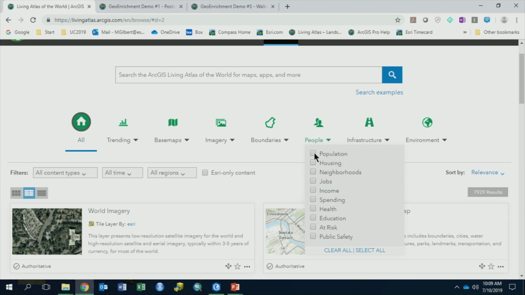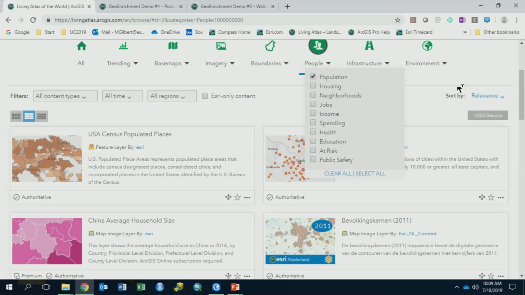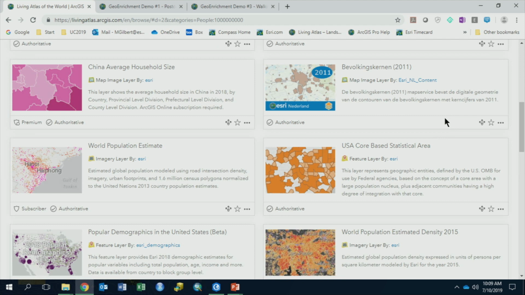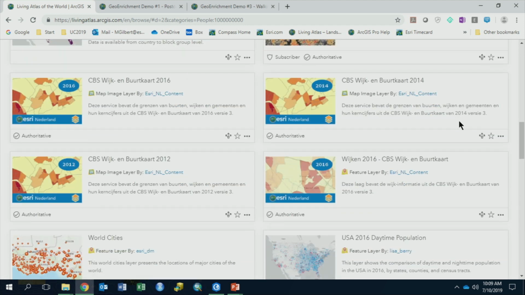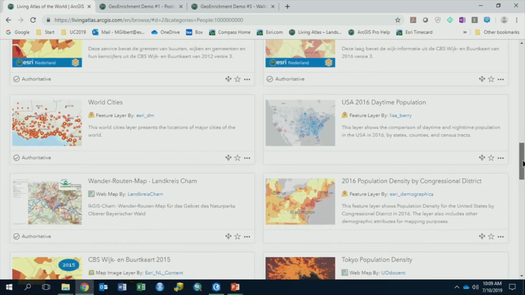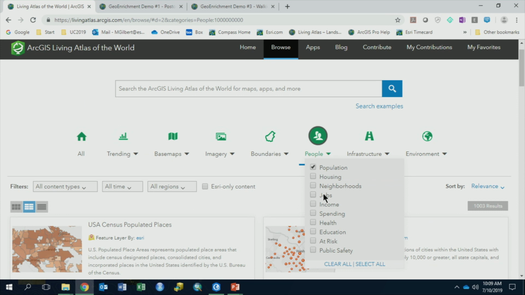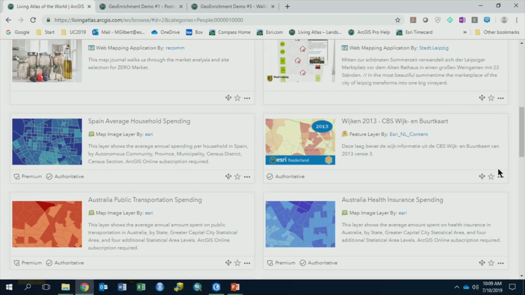So if we look at population, and there's also spending and health and so on. Just to give you an idea, most of our GeoEnrichment attributes fall into three categories. We have just basic demographics, so that's age and gender cohorts and basic characteristics that most national statistic agencies collect. We also have consumer expenditure data for many countries, and then in a few countries we also have consumer segmentation data,